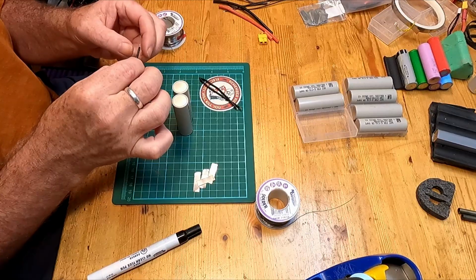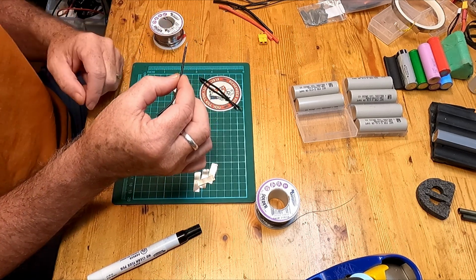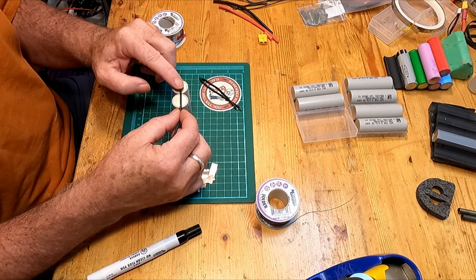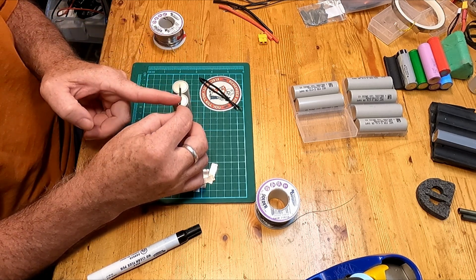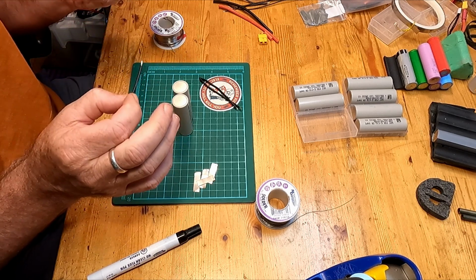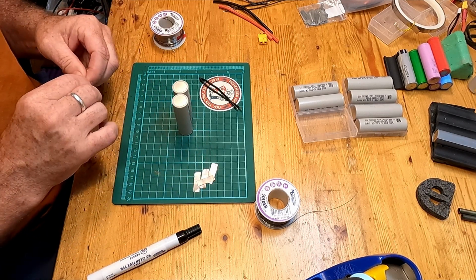However, it's very common and very simple just to also use this here, which is I think 16 gauge wire. It's just old motor wire. When I had to trim the wire off of a motor to make it fit, that's what this is. You just cut a piece that would fit the length from center to center and tin them like you normally would, and just attach them like you would normally attach anything that you're going to solder. The distance from here to here, probably about 3 centimeters, 3.5 centimeters is all you'll need for the wire and